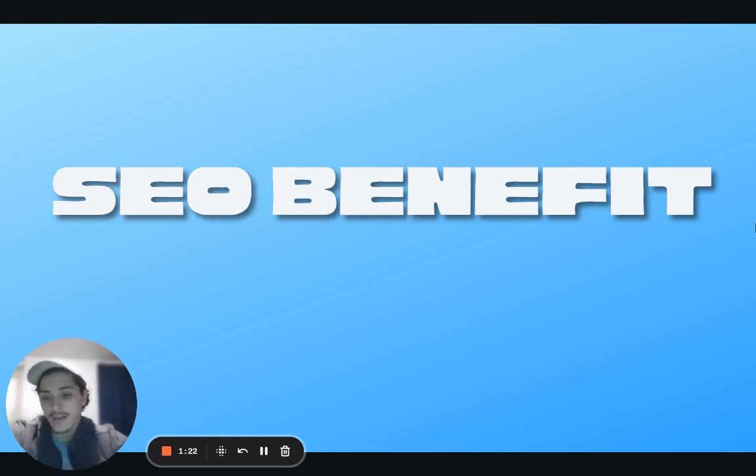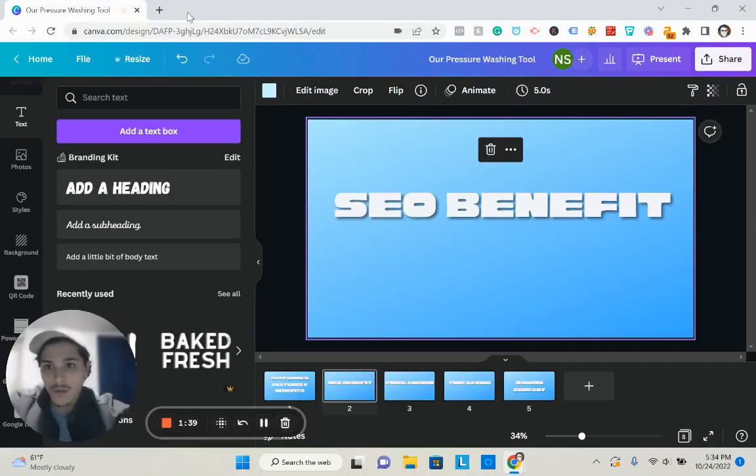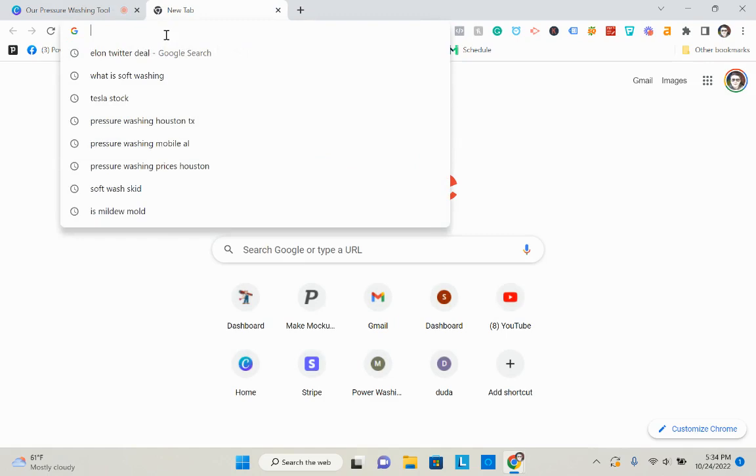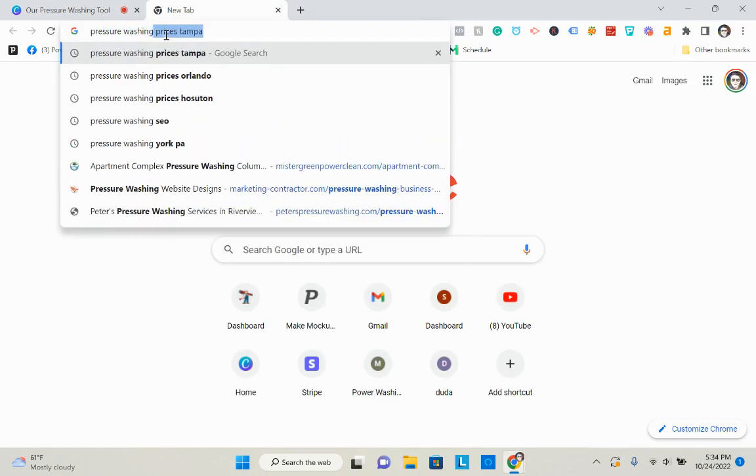The downside is that a lot of companies don't want to put their pricing out there, because you don't want competitors to look at that and then undercut your pricing, which is understandable. So what Autobidder does is it allows you to target those keywords without actually having to show your pricing. And I want to show you an example of what I mean by this. I'm just going to go to Google and show you a real life example. I'm going to search pressure washing prices